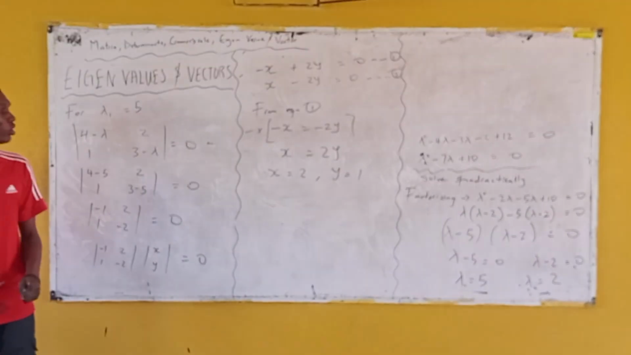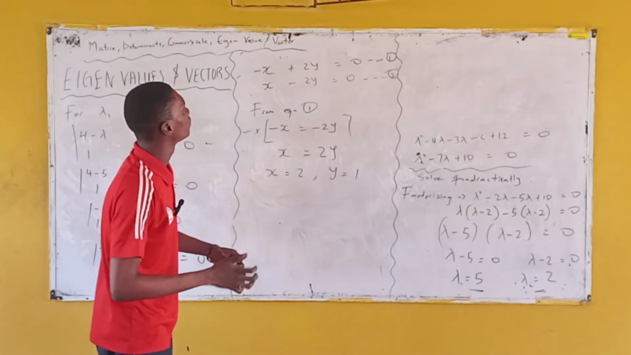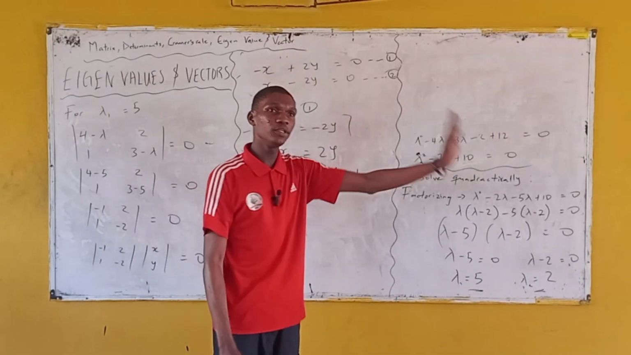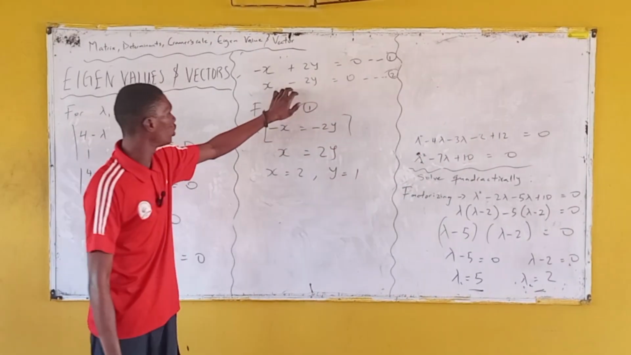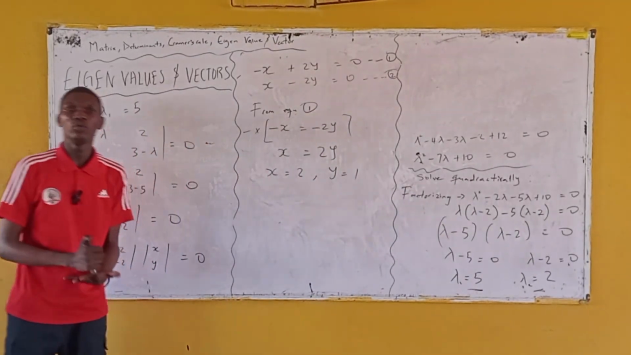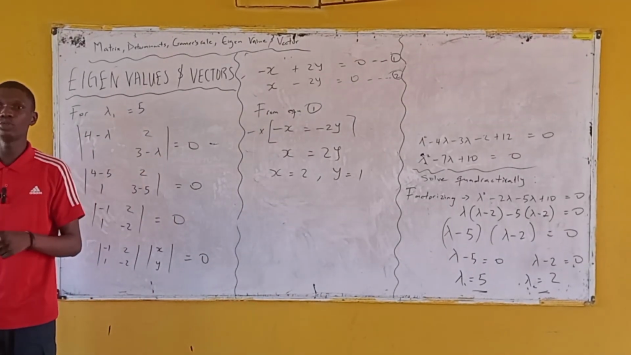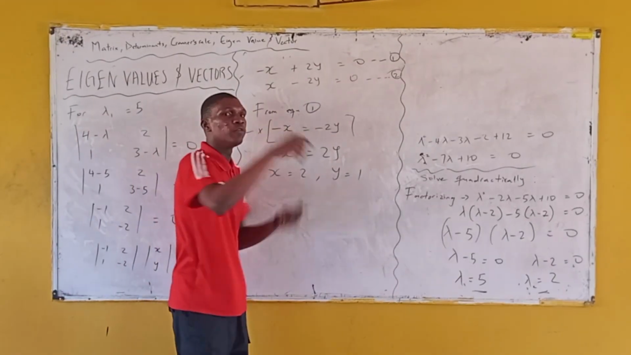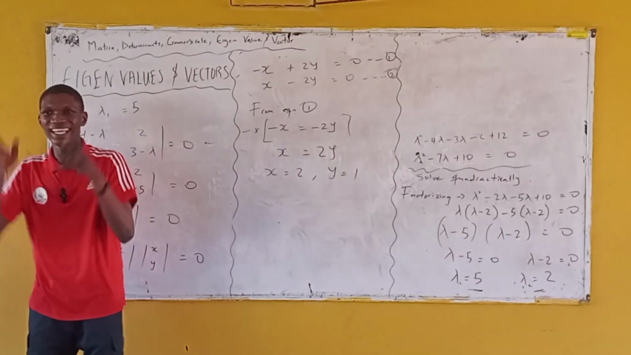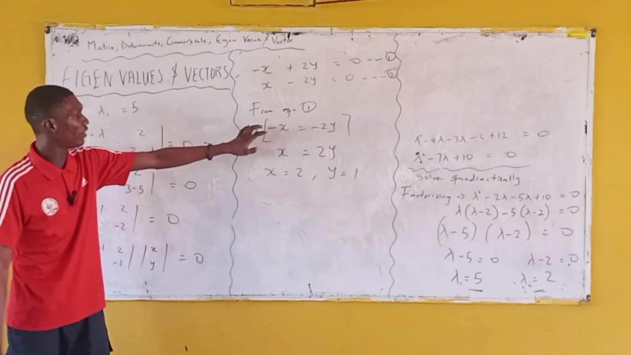So now this is for lambda 1. We have the first equation to be minus x plus 2y equals 0, then the second equation to be x minus 2y equals 0. So we can pick either of the two equations. You can either pick equation 1 or equation 2, but you have to state it. If you are picking equation 2, state it that from equation 2. From equation 1 now, we can have it that